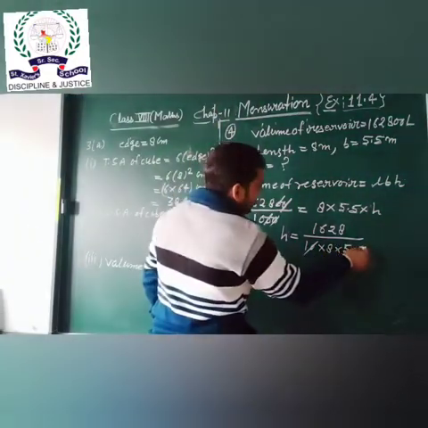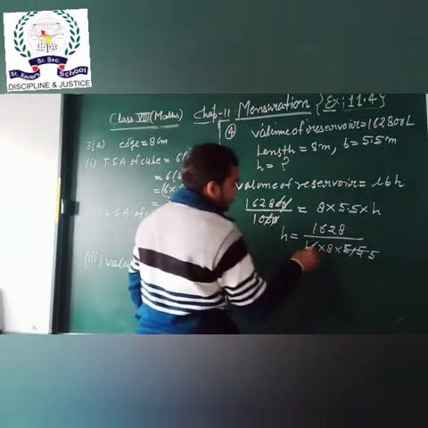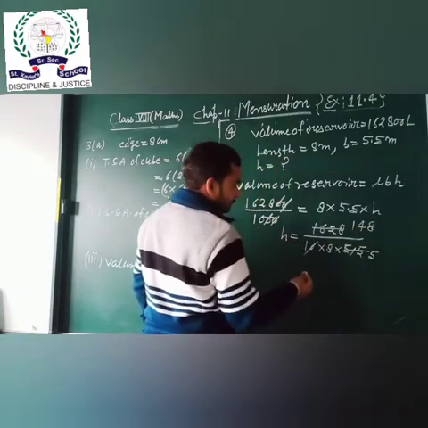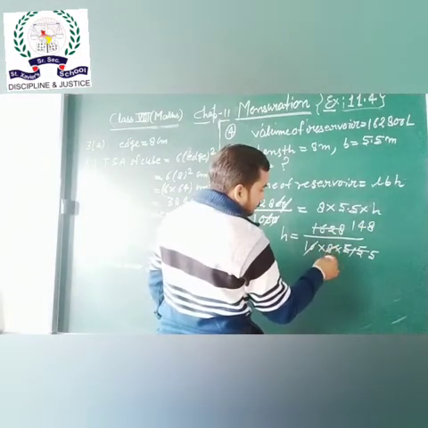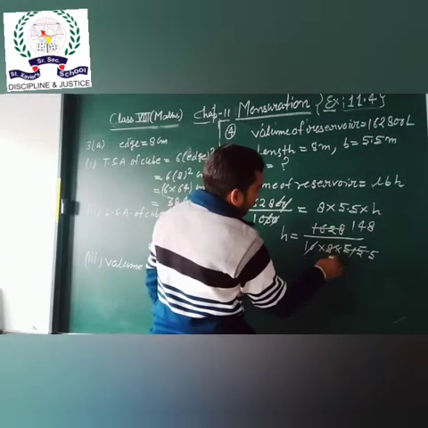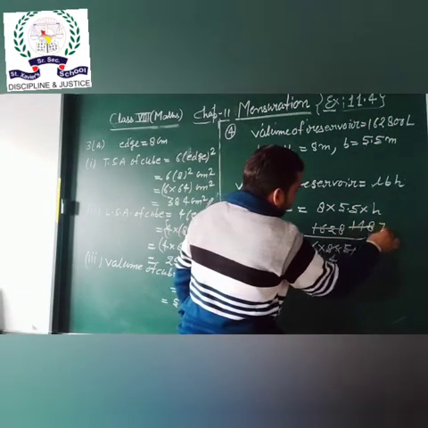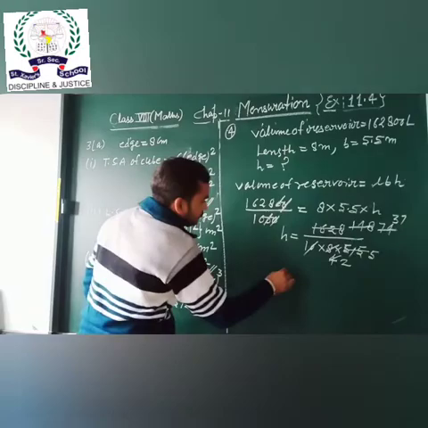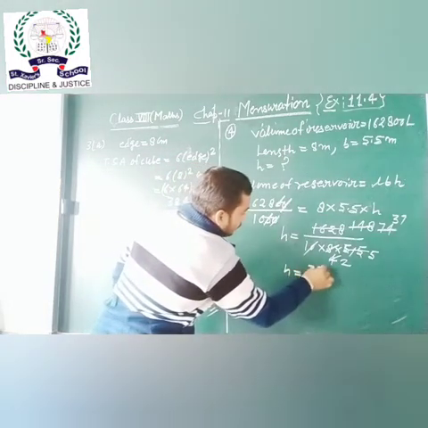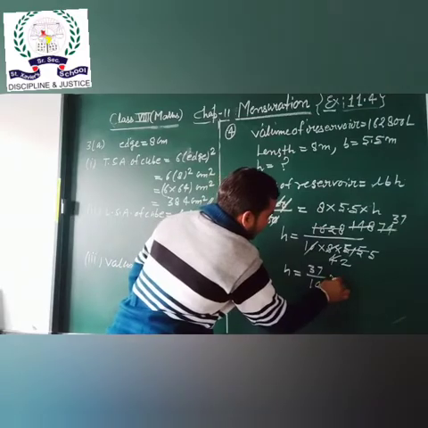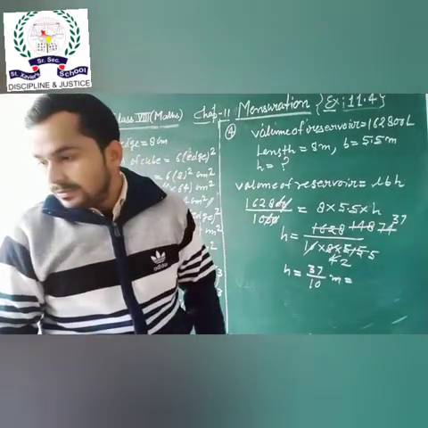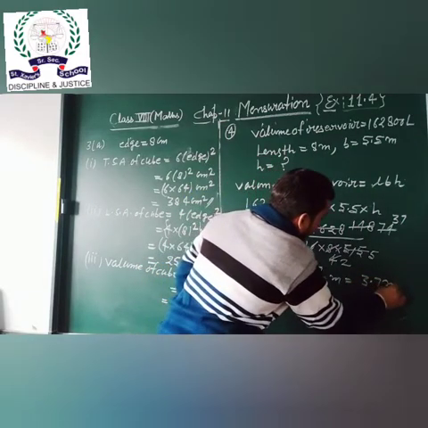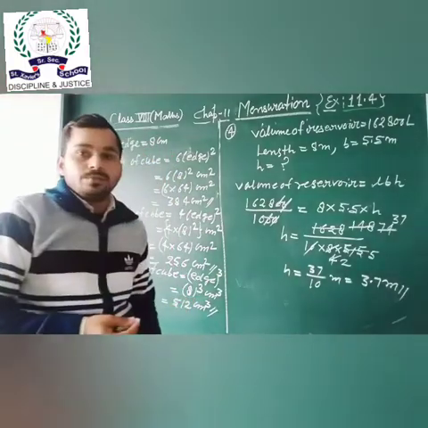Then divide 11 5 ja 55, 11 1 ja 11, 11 4 ja 44, 11 8 ja 88. Then divide by 2, 2 4 ja 8, 2 7 ja 14, 2 4 ja 8, 2 2 ja 4, 2 3 ja 6, 2 7 ja 14. So h equal 37 upon 10. So 37 upon 10 that equals to 3.7 meter. So the depth of the wire is 3.7 meter.